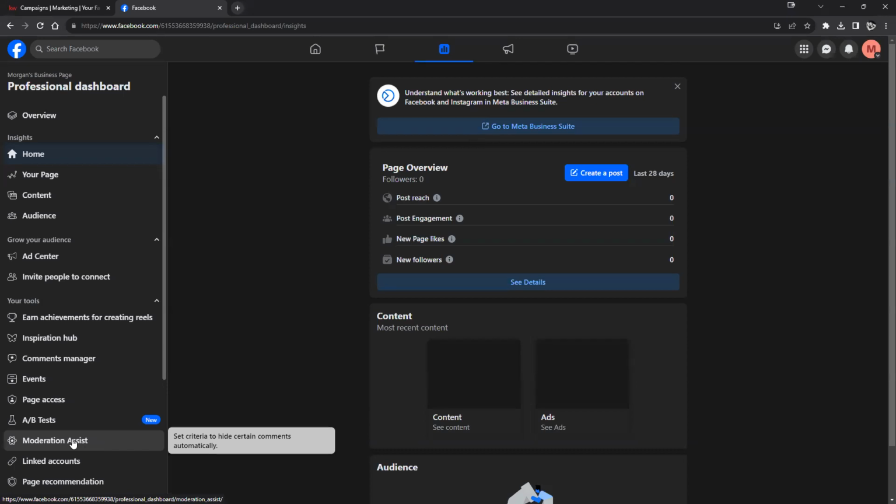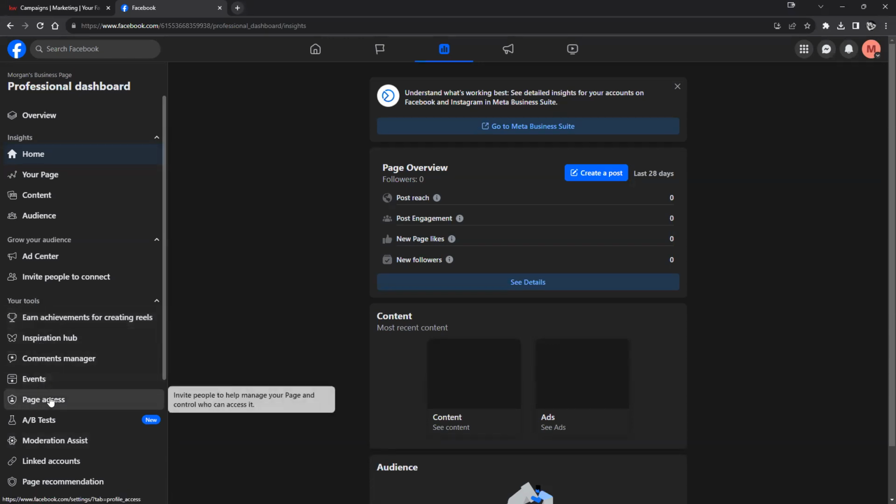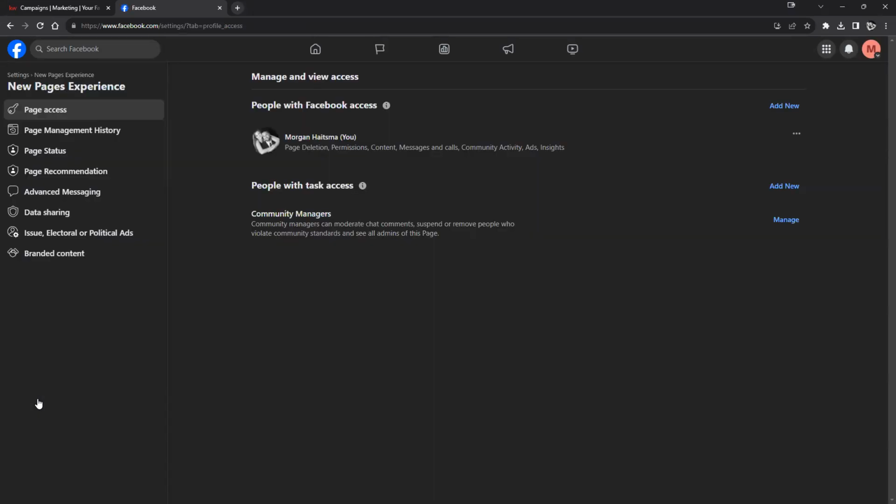We're only going to be looking for two of these options here to help us finalize our connection. So the first option is going to be page access. It's going to be underneath your tools, and if we scroll down, it's going to be page access right here. If we give this a click, you'll see that since I created this business page, it automatically adds me as the